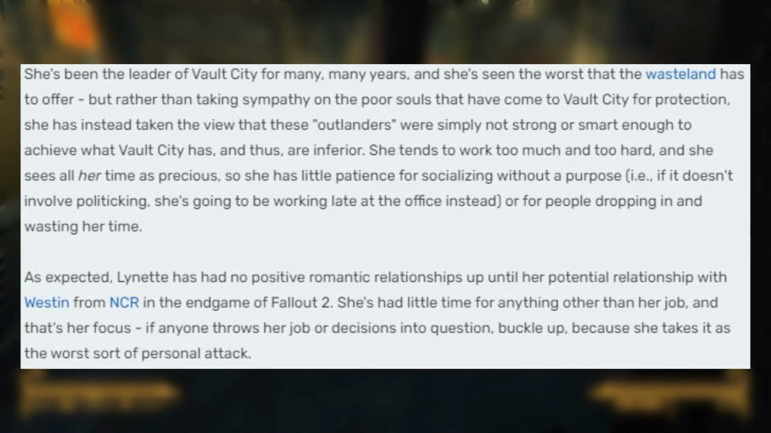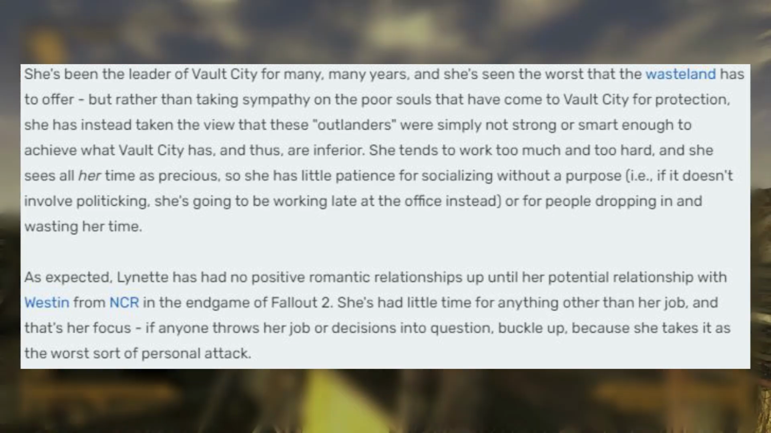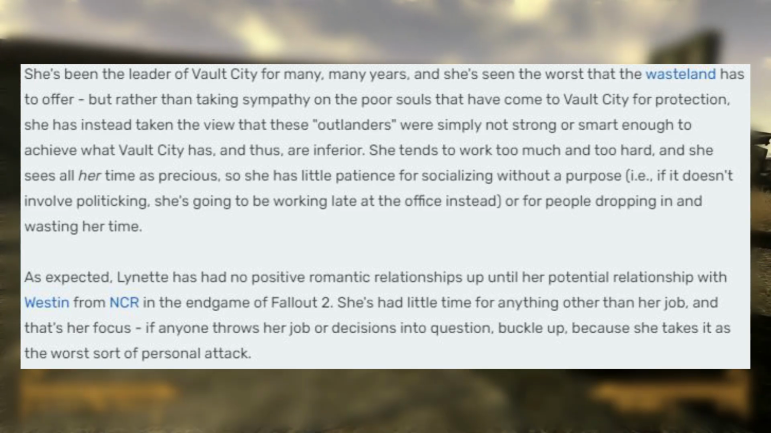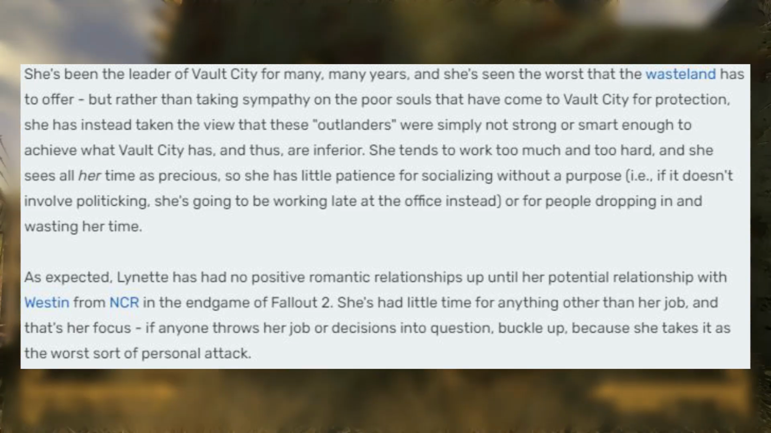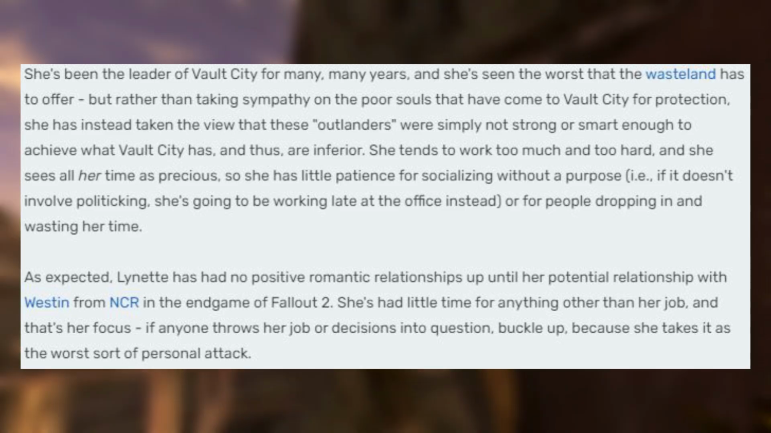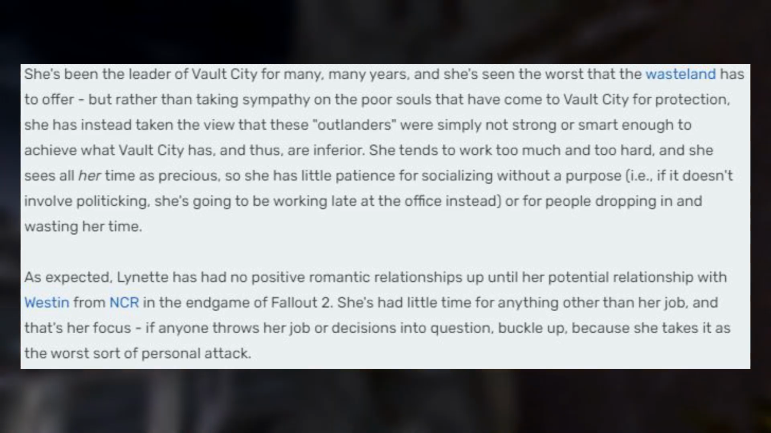But rather than taking sympathy on the poor souls that have come to Vault City for protection, she has instead taken the view that these Outlanders were simply not strong or smart enough to achieve what Vault City has, and thus are inferior. She tends to work too much and too hard, and she sees all her time as precious, so she has little patience for socializing without purpose, i.e. if it doesn't involve politicking, she's going to be working late at the office instead, or for people dropping in